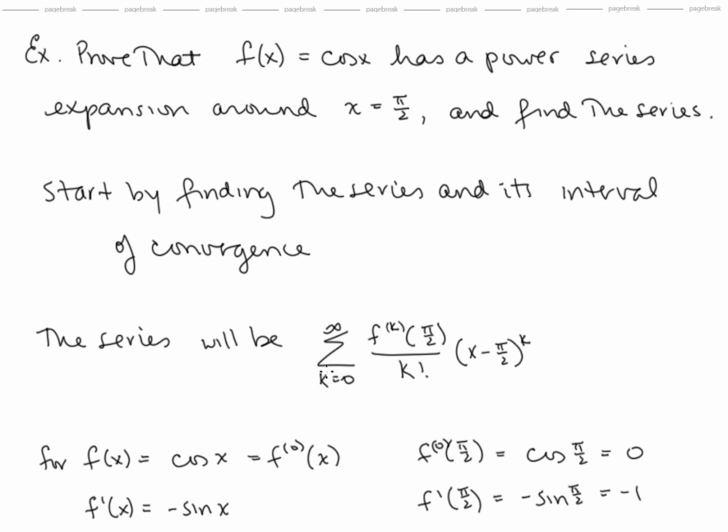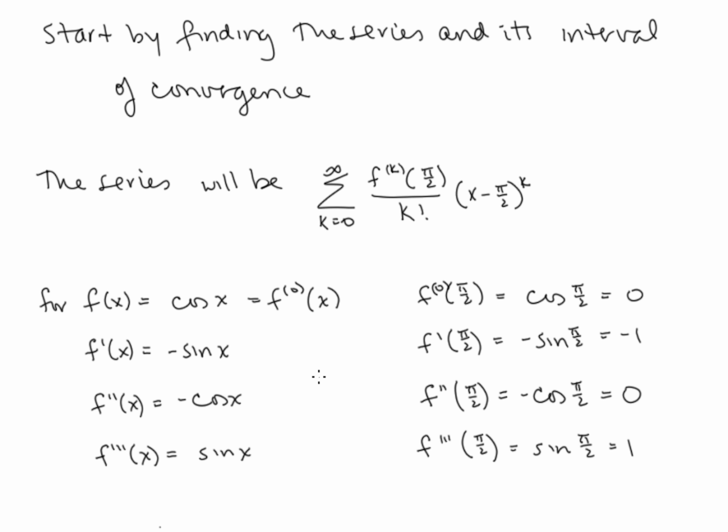And I'm using the index k here because we're going to be changing to n's in a minute, and I don't want to have confusing notation. So let's take a look at what these series terms look like. The 0th derivative is the original function, that's cosine x. So f prime is negative sine x, f double prime negative cosine x, f triple prime sine x, and then